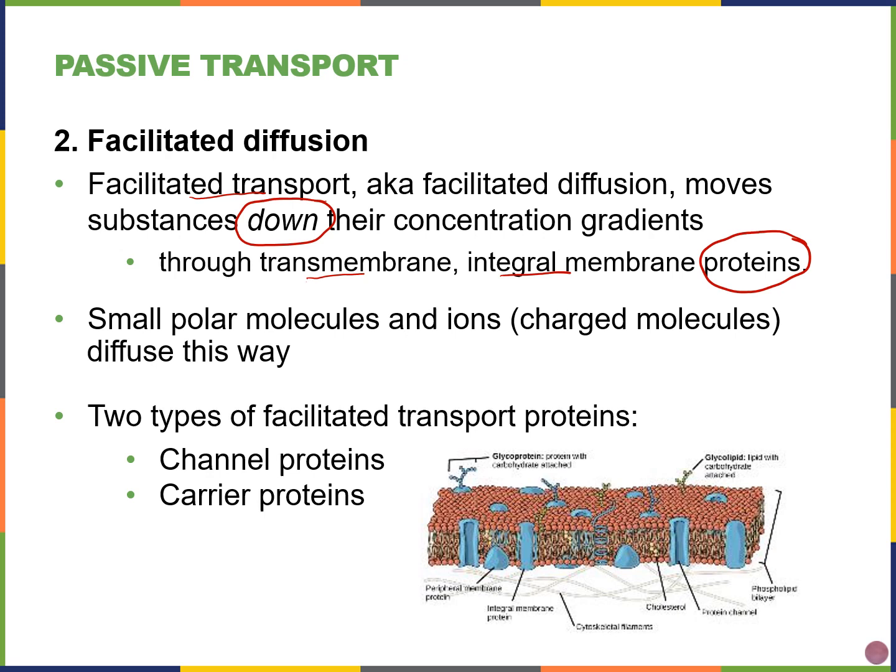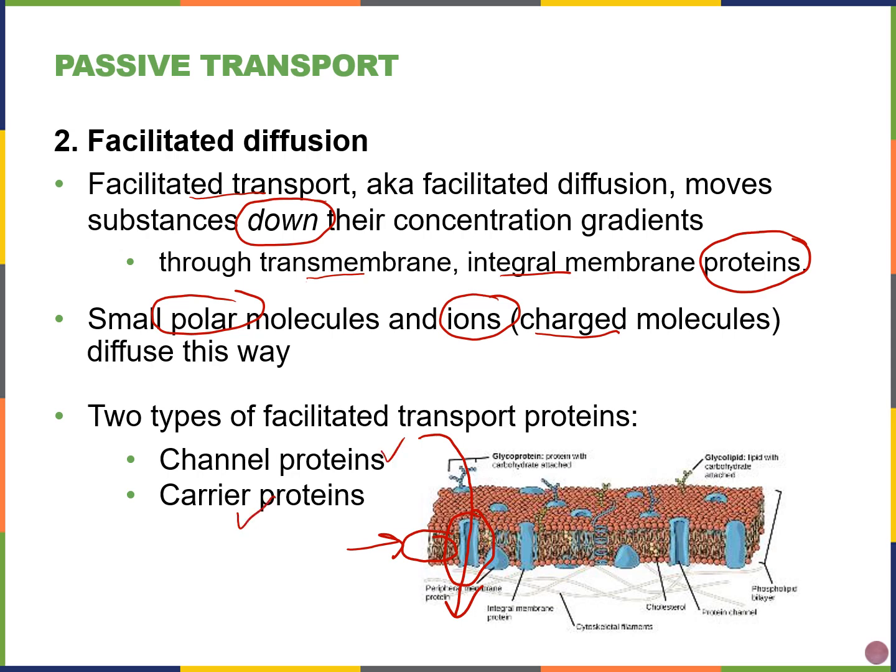The reason for this is because we're going to be looking at the diffusion of small polar water-loving molecules and ions. So because these are charged or polar, they do not mix well with that nonpolar or hydrophobic region of the phospholipid bilayer. That means we need these integral membrane proteins to act as a channel for these molecules to pass. So there are two types of facilitated transport proteins, the channel proteins I just mentioned, or sometimes we use